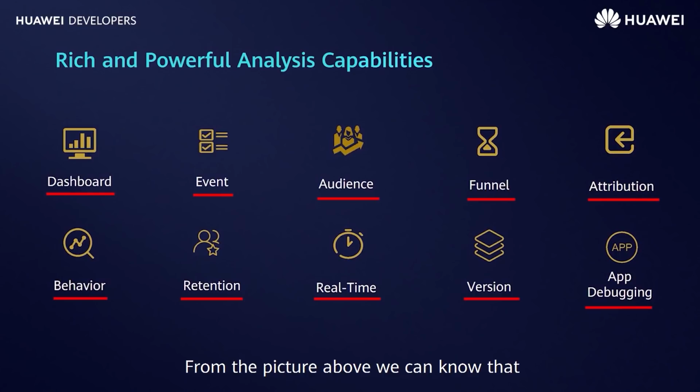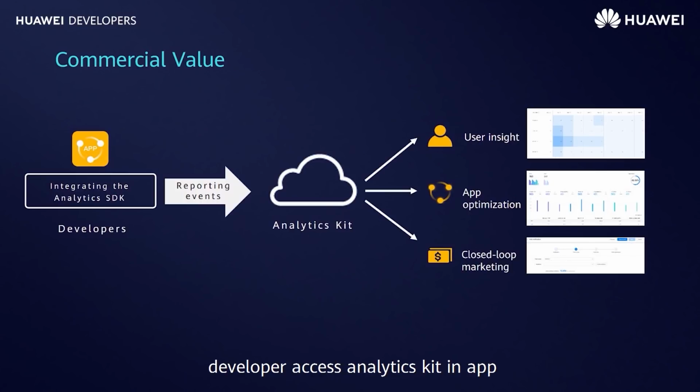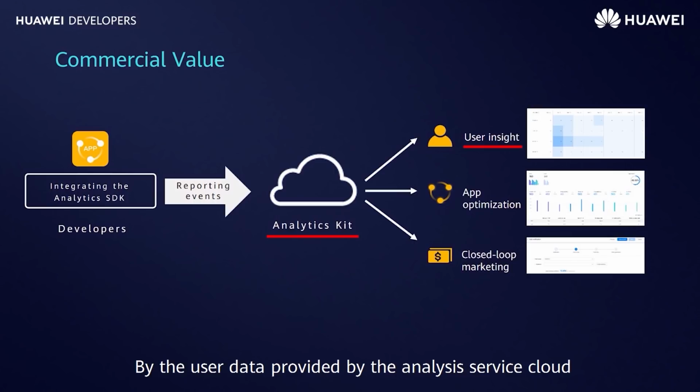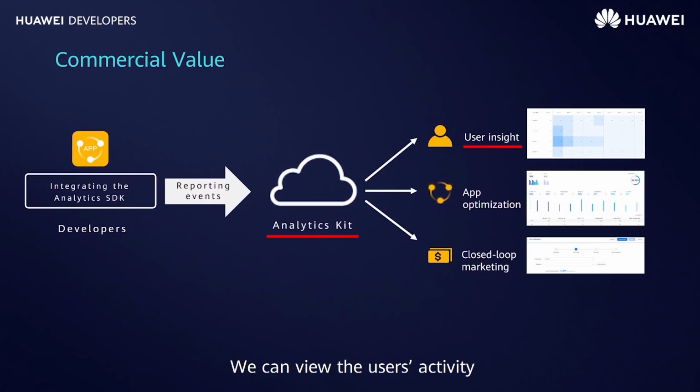From the picture above, we can know that developers access Analytics Kit in the app to report data to the cloud. For the powerful analysis capability, Analytics Kit can bring 3 business values for users. 1. Insight into users' needs by the user data provided by the analysis service cloud. We can view the user's activity,